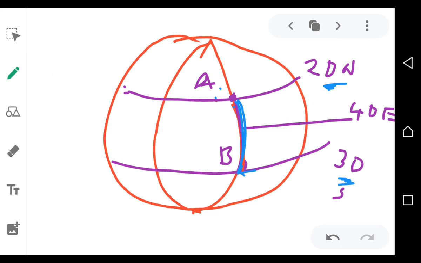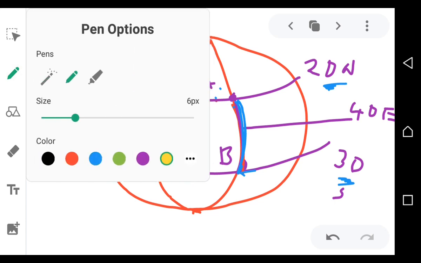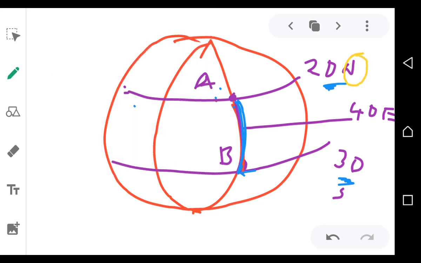So we are finding the difference in latitudes. How do you know it's a difference in latitudes? Look at A. A is lying on 20. B is lying on 30. So what signs do they have? One is N, one is S. These are different signs. Have you seen? So different signs, you